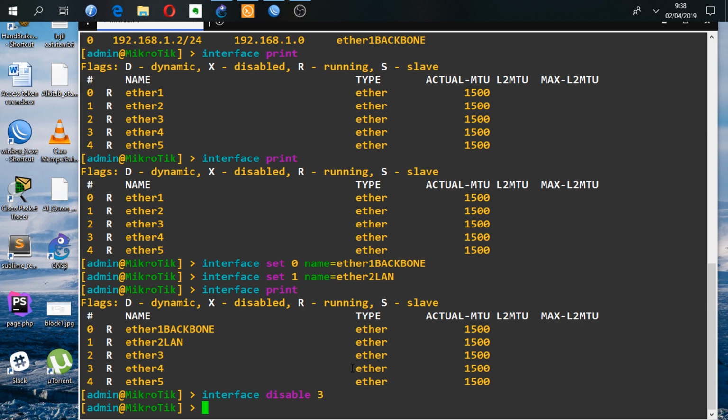And again, to check that configuration, you can check the status of the MikroTik interfaces again with the command interface print.